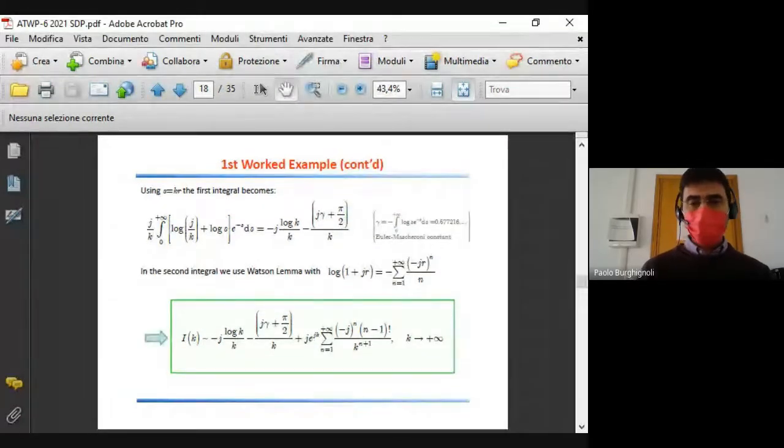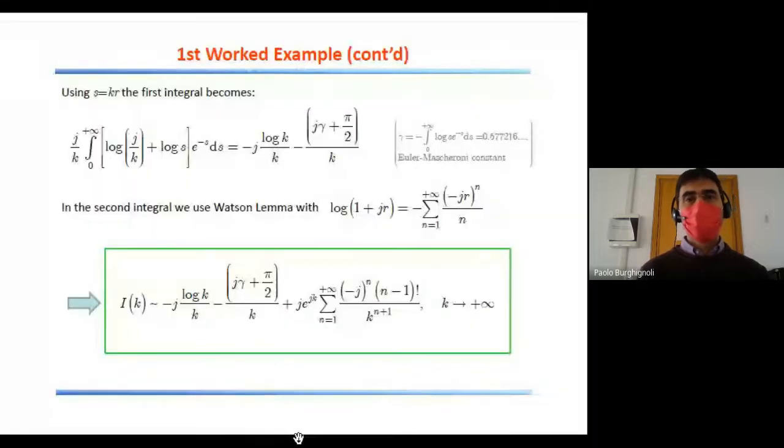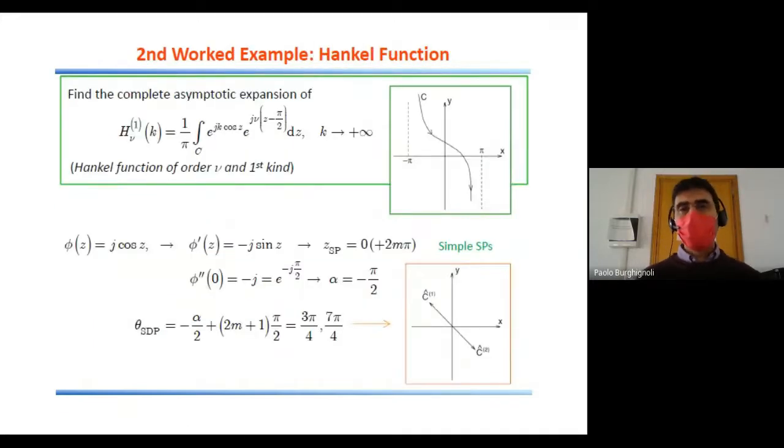Okay, here we are. After this first worked example, we will go on considering a second worked example. This concerns the so-called Hankel function, which is, of course, an important function in the study of wave phenomena when you consider cylindrical coordinates. The task is to find the complete asymptotic expansion of the Hankel function of order Ni,